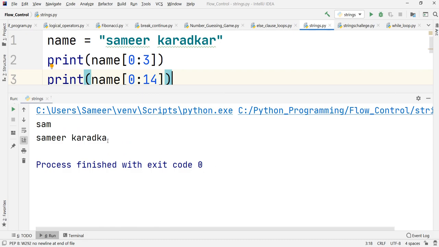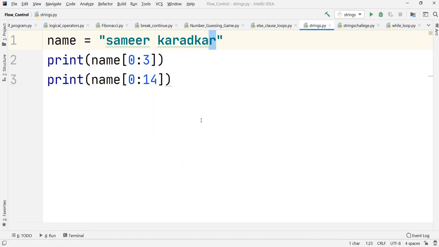So the thing is, I'm getting the string but not the whole string, and this particular character is not included. Why? I have told you the reason already. The last value is never considered. So it is not possible to access that 14th character this way. Instead, Python lets you omit the last value. It is possible to write it like this. Just omit the ending value, just put a colon there, and if you don't specify anything, it will consider the values from the 0th value up to whatever the last character is.